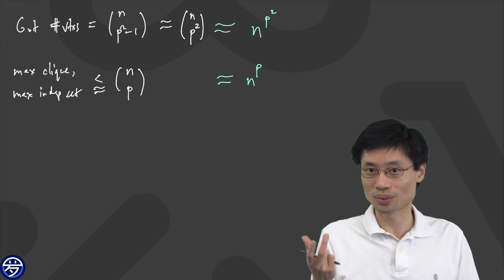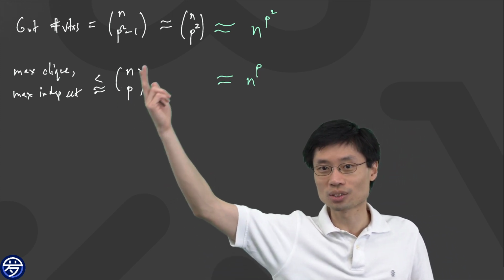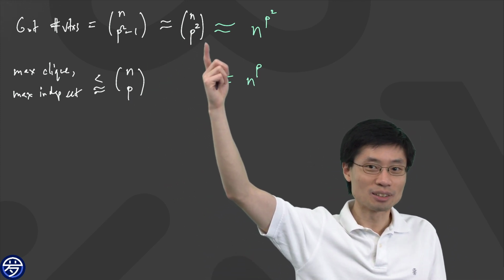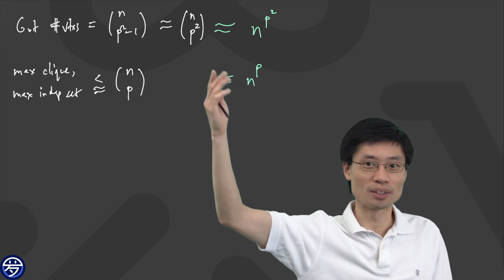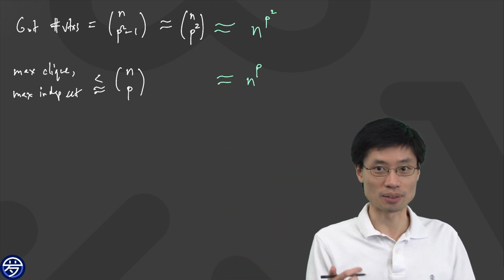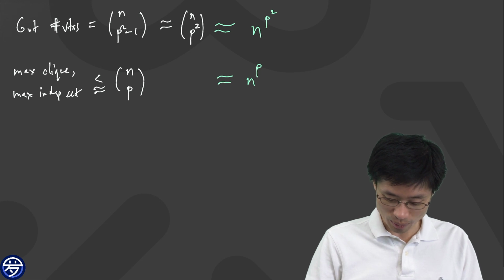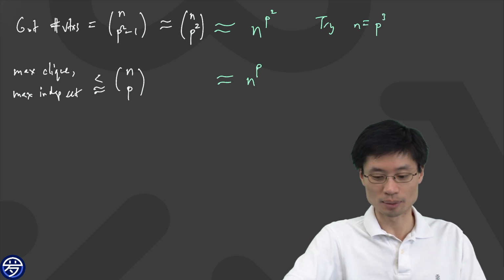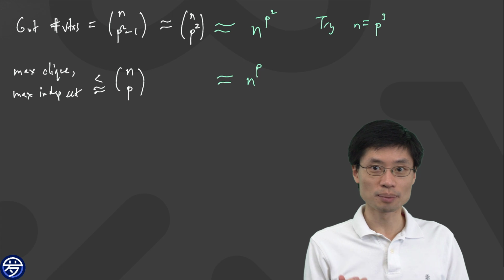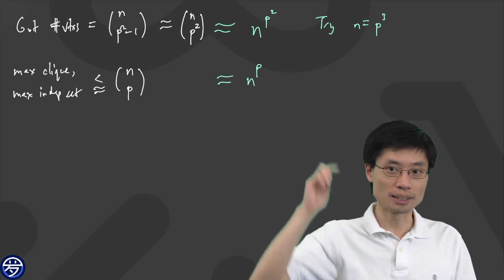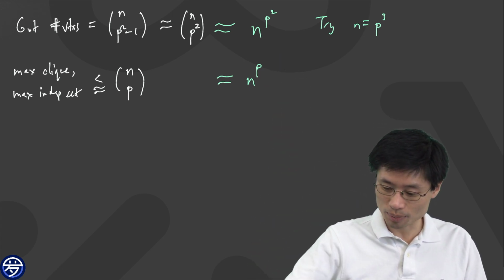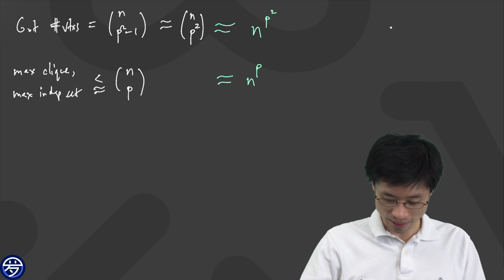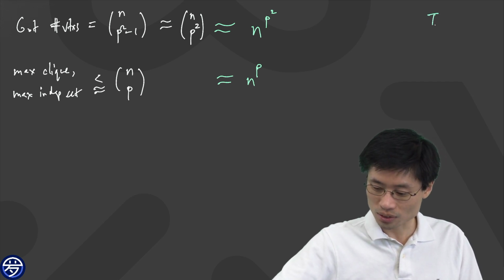We don't want to pick p squared, because if n is like p squared, the top one is very, very small. P cubed is the first place that you start to make progress. So let's try n equals p cubed. And you can optimize this, but it turns out there's not much better that you can do. If you try n about p cubed, then how do I compare these things? Actually, let me put the n equals p cubed farther to the right, because I want to write exponential notation. Let's try n to be p cubed.